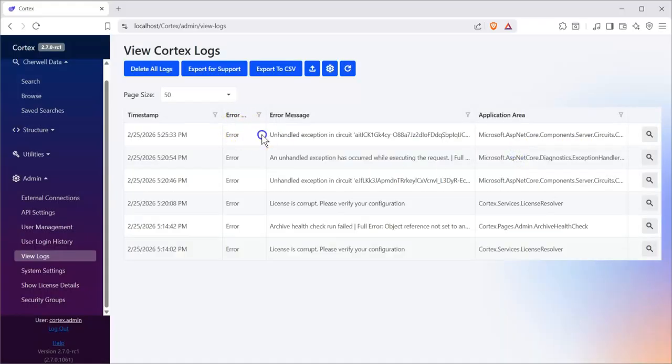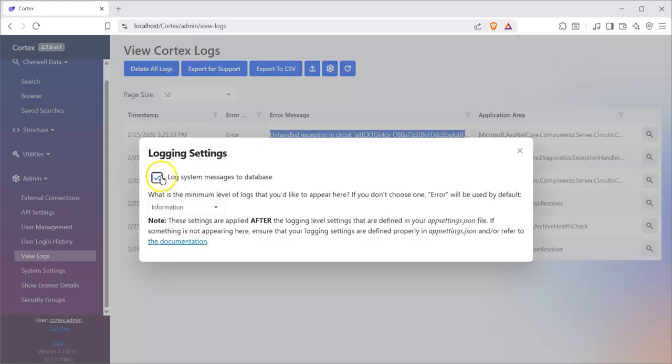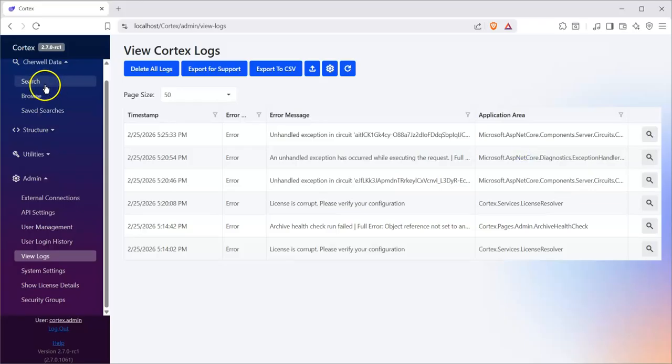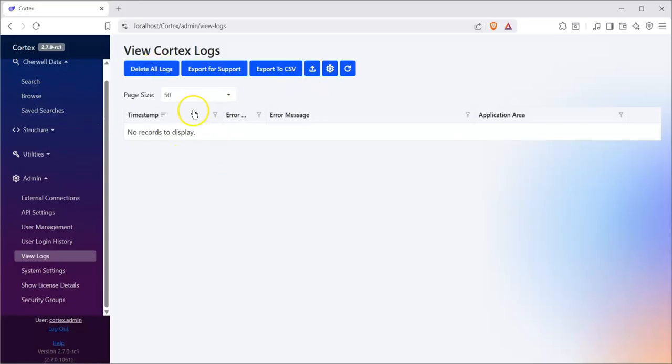So before you can find this log message, you have to go to this little settings panel here and check this box that says log system messages to database, and then go reproduce the issue. And what will happen after that, for example here, if I delete all of the logs and then I go reproduce my issue again,